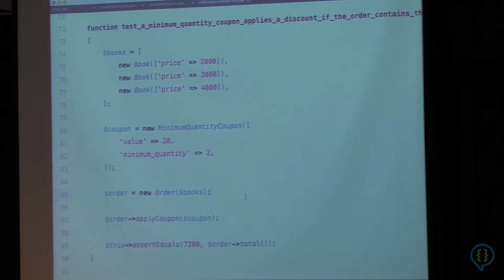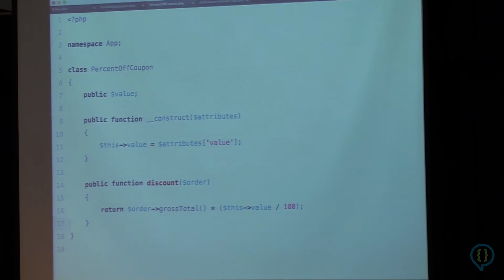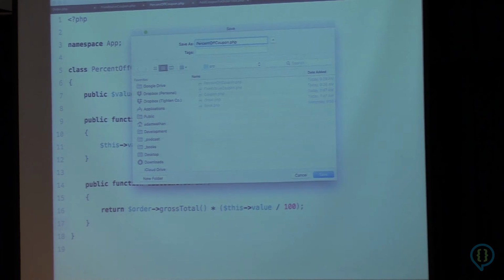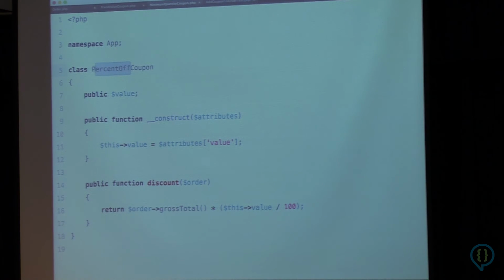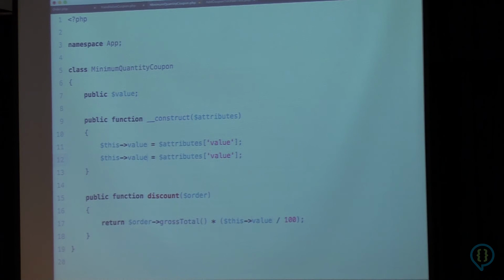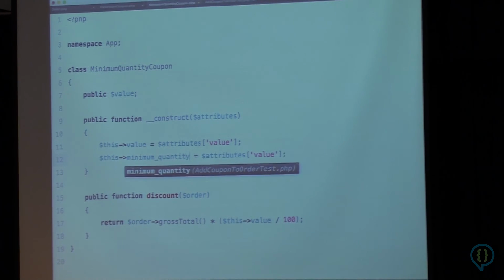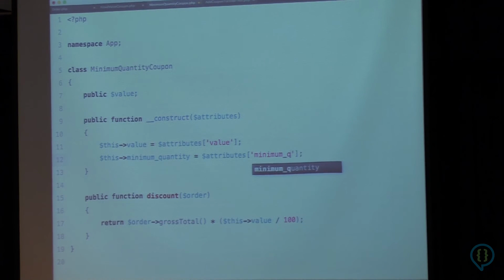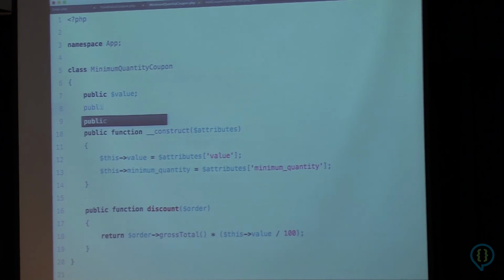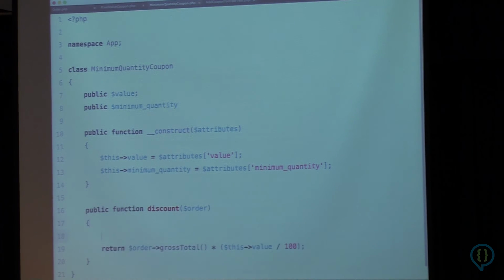So if we go back to our % off coupon, since we're going to give them a % off if they meet this minimum quantity criteria, we'll save a copy of this as the minimum quantity coupon. Rename the class. And this is going to take in its constructor the minimum quantity needed to give the discount. And now we need to decide down here, well, if the order quantity is less than the minimum quantity required to get the discount,